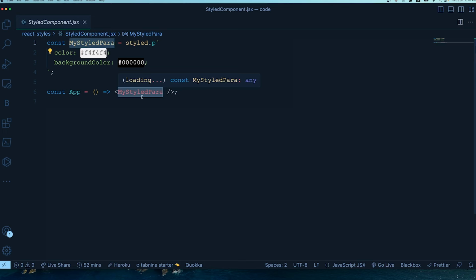So this is very powerful, very strong, and you really don't have to go out anywhere to access your CSS. The modularity of the CSS is also very much there, so it means that these CSS styles are never going to conflict with anything else outside, and it is very much predictable, because as it is not going to create any kind of conflicts, you are very much sure that if something is getting changed, it will be confined within this component itself. So this is quite a good approach, I would say, the CSS in JS stuff.